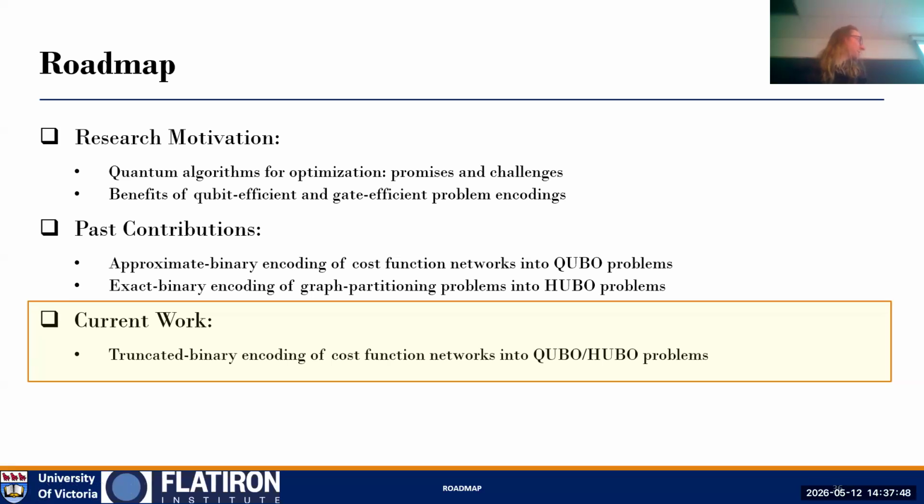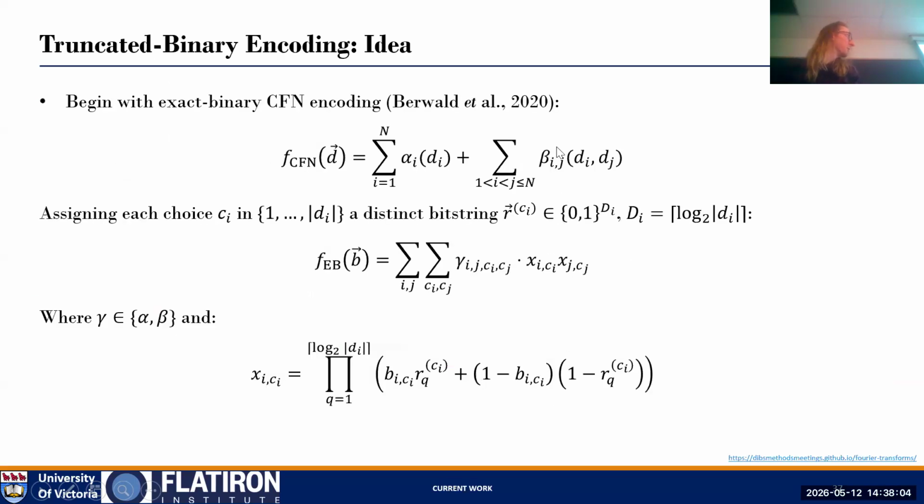This is current work now where I haven't carried out benchmarking, but there's some theory to discuss. And it's again looking at cost function networks from a different and perhaps more principled perspective versus the approximate binary encoding. And the idea here has us start again with the exact binary cost function network encoding. It's from Berwald et al. in 2020, where we take a cost function network, assign each choice of some variable to a distinct bit string, and then